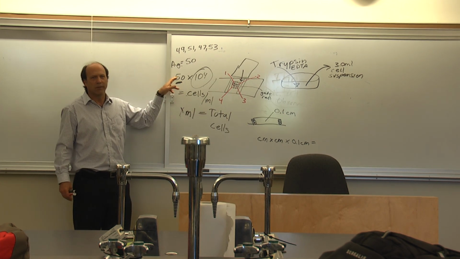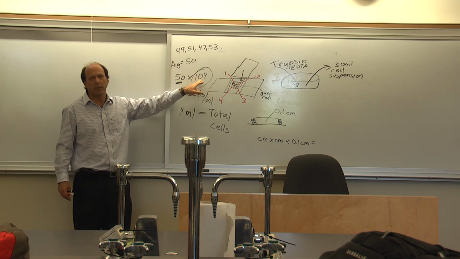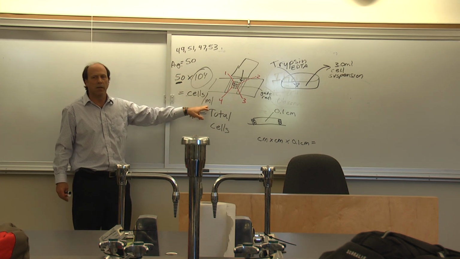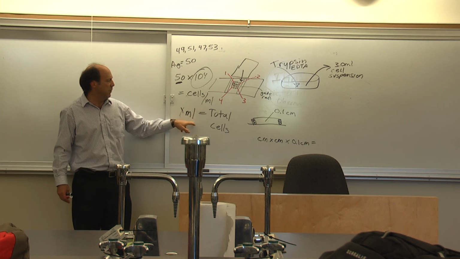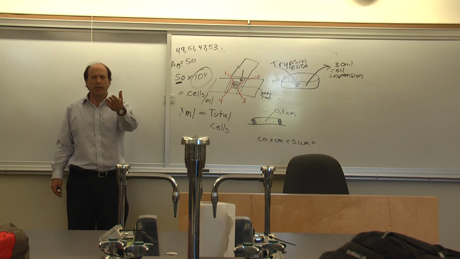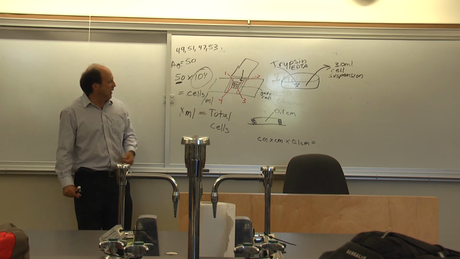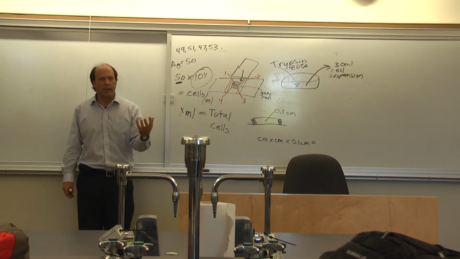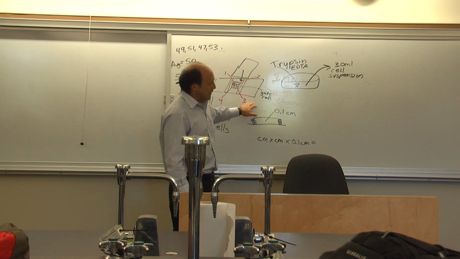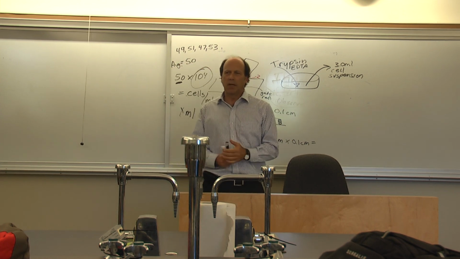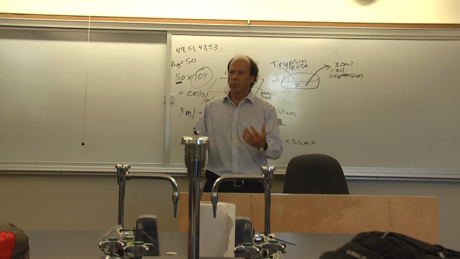Because I just told you. You get the average here, you multiply that by 10 to the 4th, and that's cells per mil. And you need to know how many mils there were total. And Thando will know that. It's going to be a number like 3 or 4. Right? So then you'll know the total number of cells in that vessel. Okay. So this is sort of the classic cell counting method. And then there's a more modern method